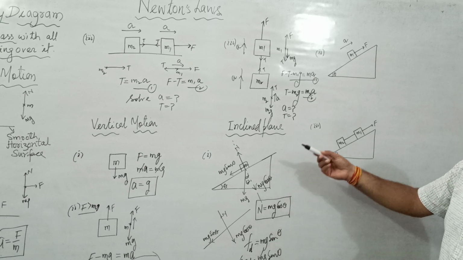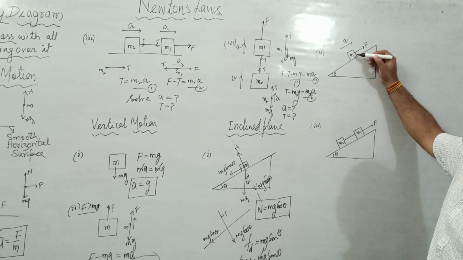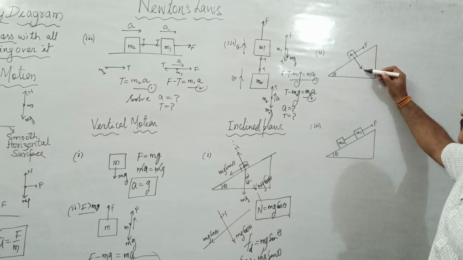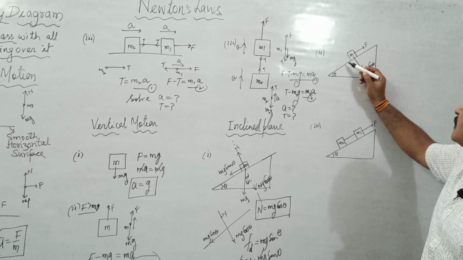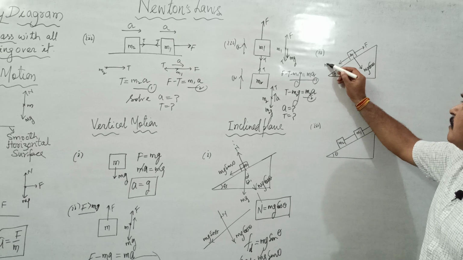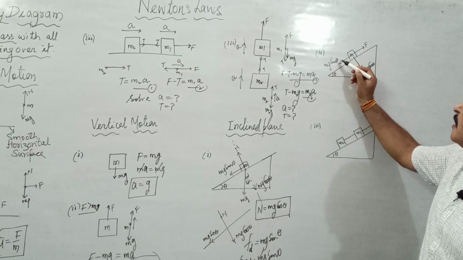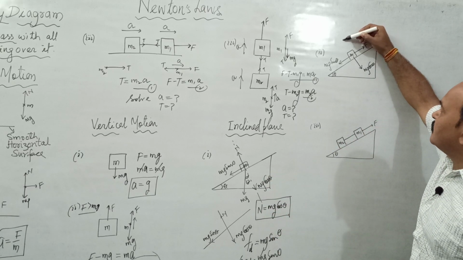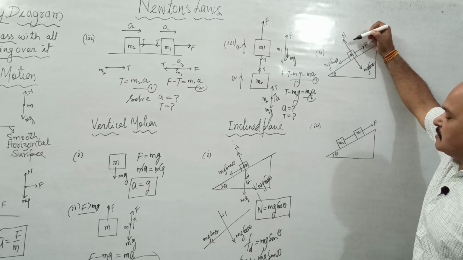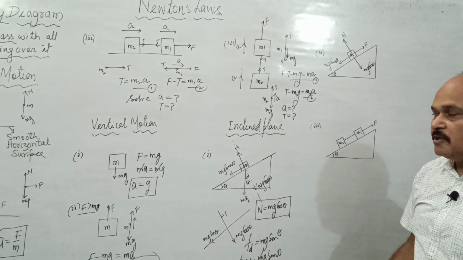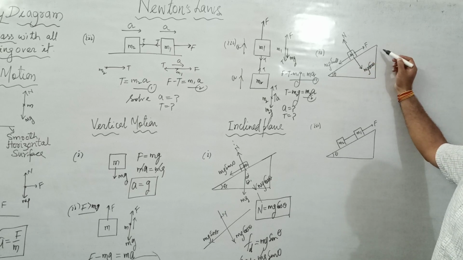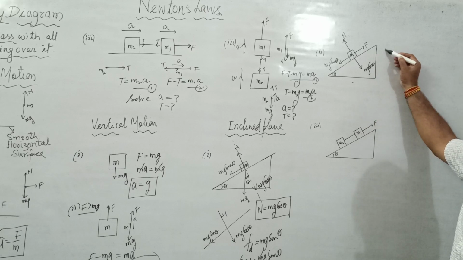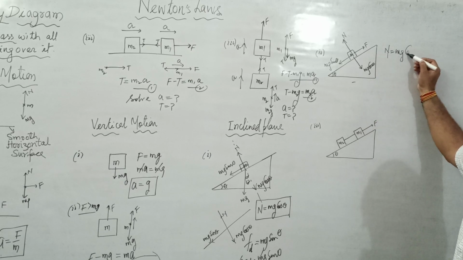So as in the previous case, the two components of the weight are going to be what? One is going to be in this direction. What is that? mg cos theta. The other is going to be in this direction. That is going to be what? mg sin theta. You can see it here. The third force which acts over the body is what? N, normal reaction of the surface, as seen here. Now we have a force F acting here. So what is the net force over this body? Net force over this body is going to be F. See, this N is going to be equal to mg cos theta as in the previous case.